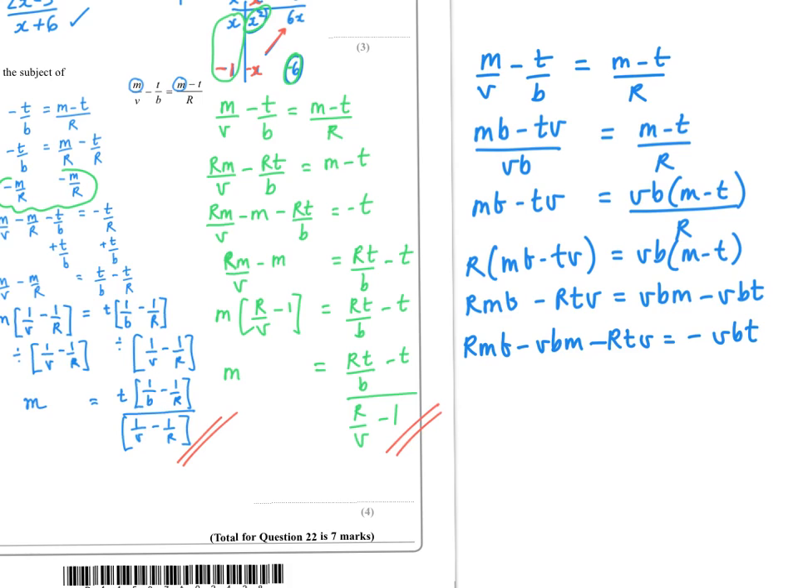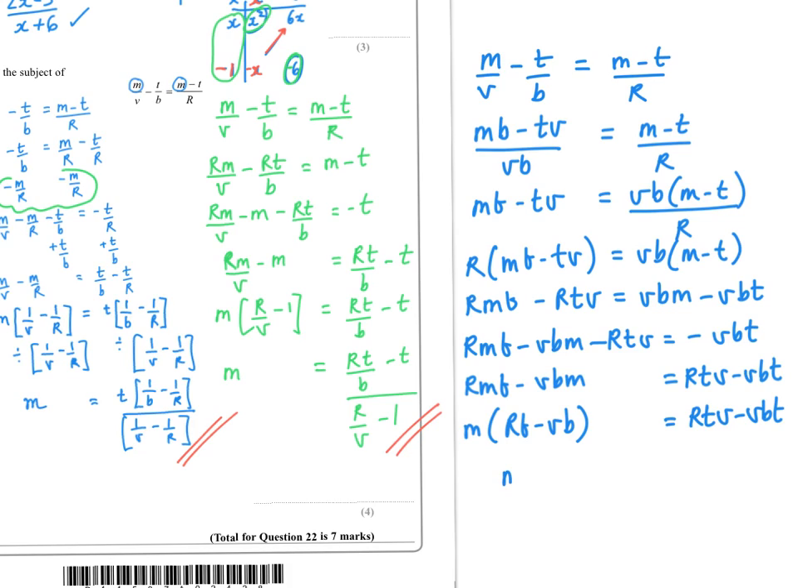And then I'm going to add this term here to both sides. So I'll have rmb minus vbm equals rtv minus vbt, and now look, I can factor out the m here and have rb minus vb, equals rtv minus vbt, and then I can divide both sides by this expression here, and I'll be left with m equals. Now what I'll do is I'll just write this quickly here, and then I'll show you another little thing